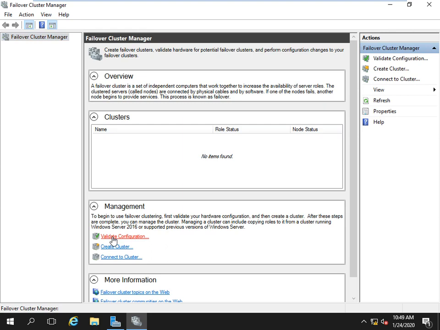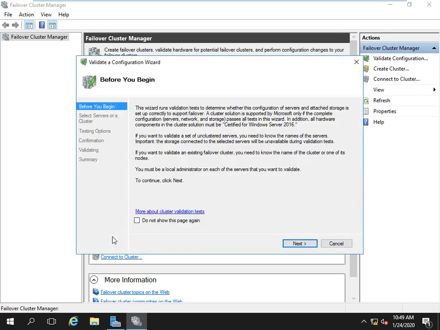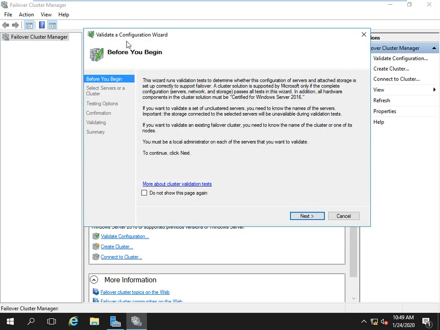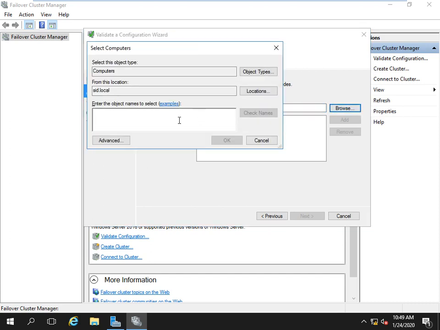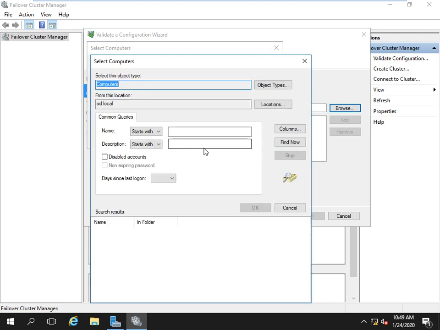Yes, I'm seeing it. Okay. So now I go for the validate configuration wizard. Simply click on next. Now they're asking for the server name you want to validate, where you want to create the cluster. Go to browse. You can go for browse also, click on advanced or find now. You see that we have